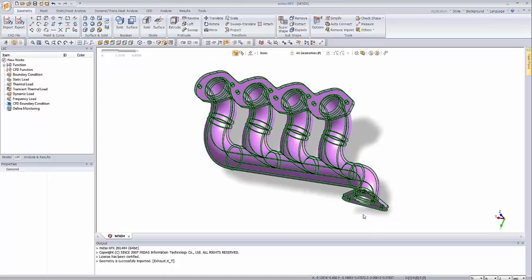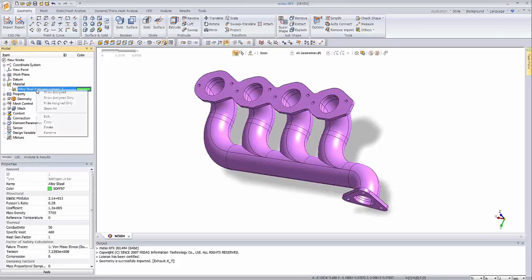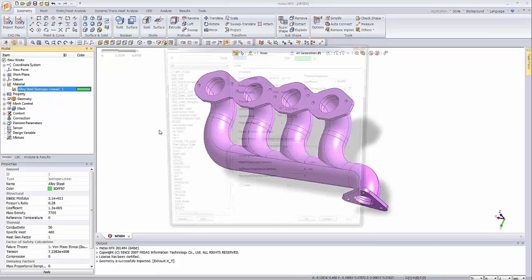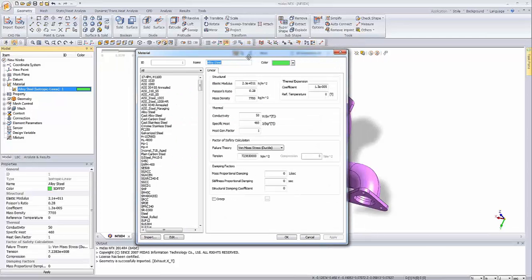So let's start the example, and I will go to set up the material properties. This is basically the first step. Let's click on edit, and for this simulation the only thing we have to,